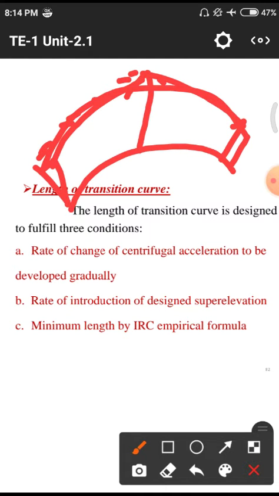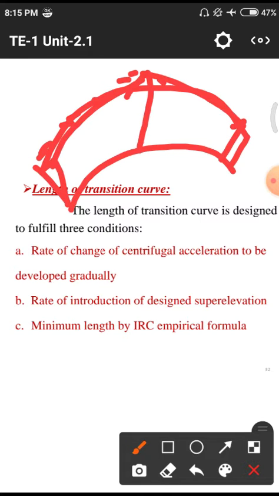To understand these kinds of pictures, we need to use different kinds of drawings. In engineering drawing, we have learned different kinds of perspective views, and by using those perspective views we can understand these conditions. It's not possible to draw these perspective drawings on the board, so we need to understand them like this.